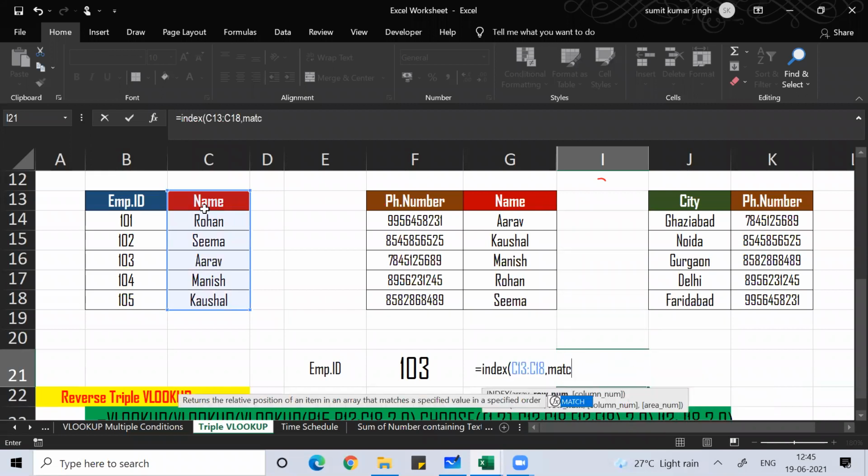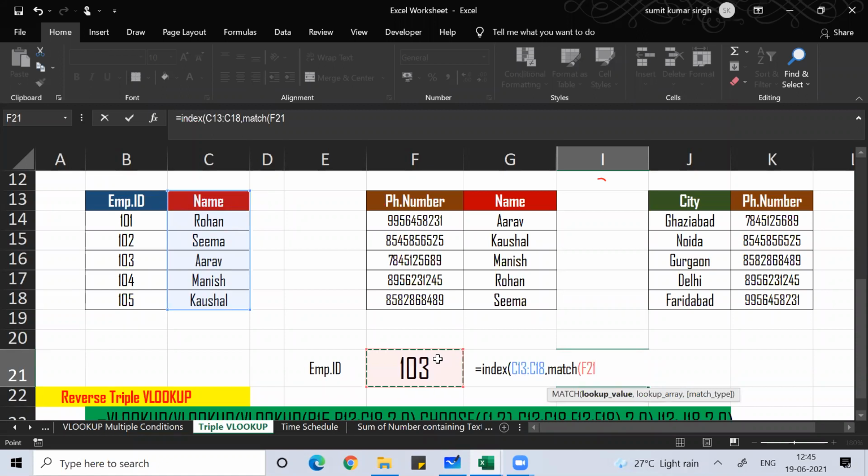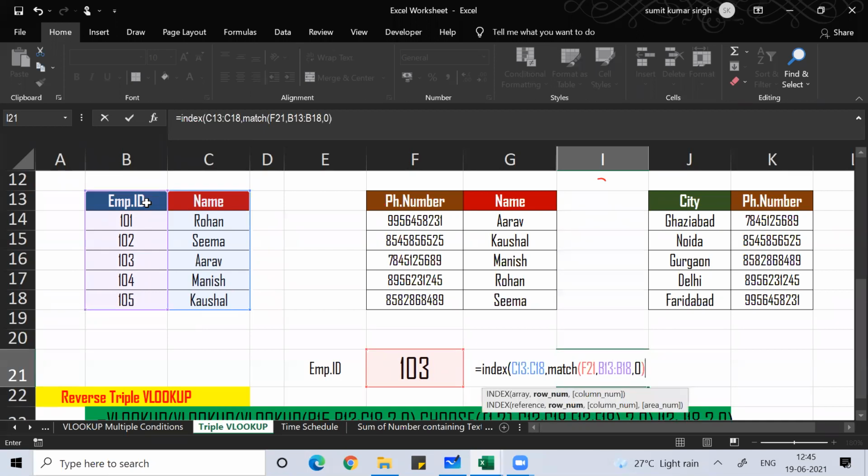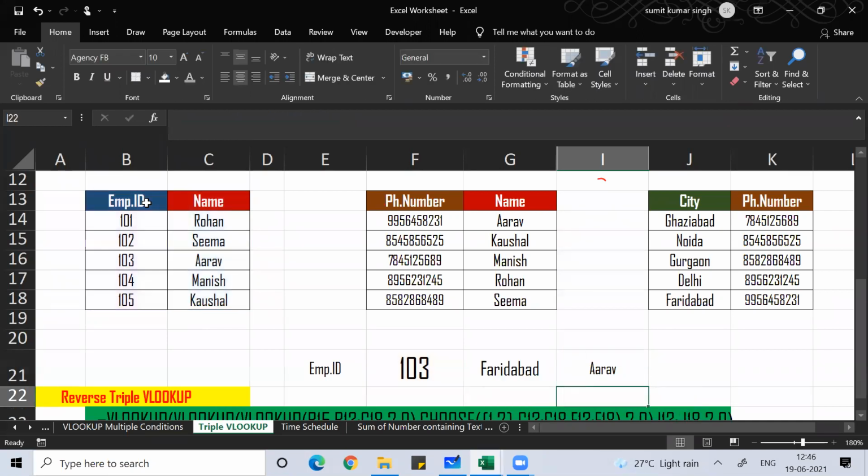For the row number you can put MATCH, comma, lookup value, this is your lookup value, lookup array, this is your lookup array, and then comma zero, the match type, close bracket. So this will give you the name. This was one way to use the INDEX function.